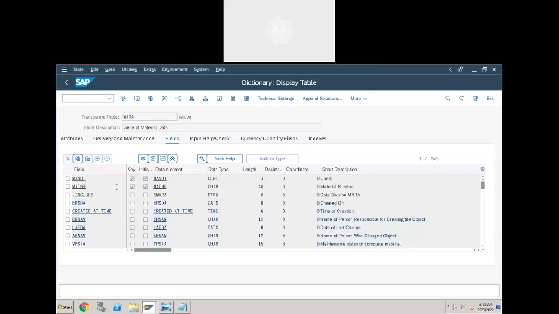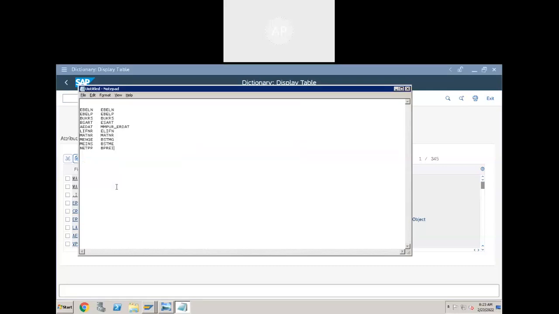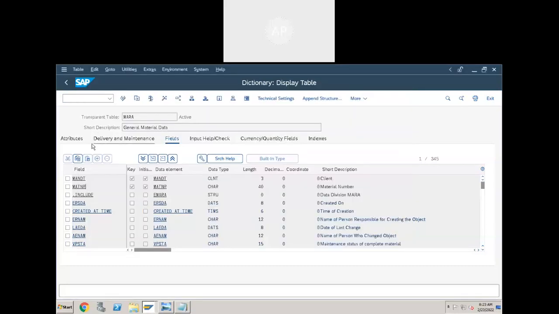Okay. So what is the common field between EKKO and EKPO?